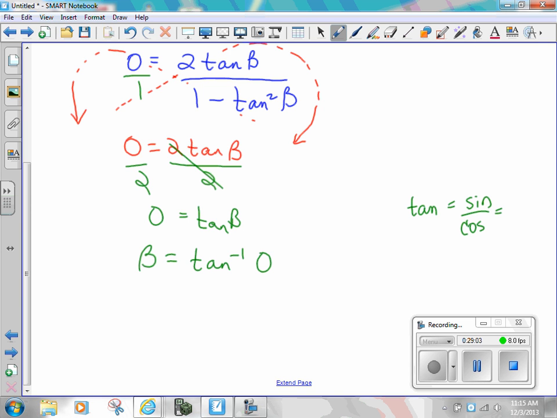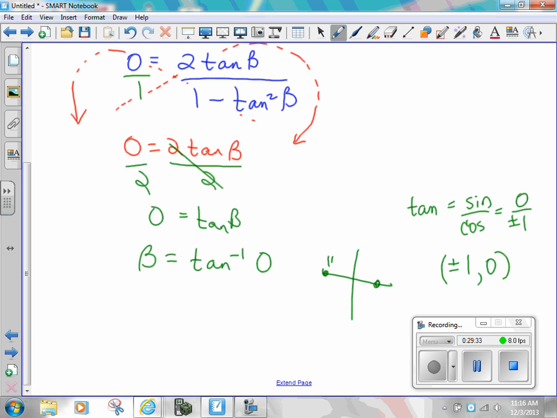So I have to have my 0 on the top. So the bottom has to be what 2 numbers? Positive or negative 1, correct? All right, so what angle has my cosine as plus or minus 1 and my sine value of 0? Come on now. 0